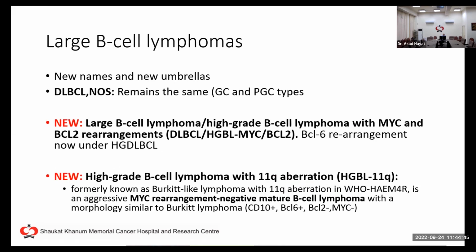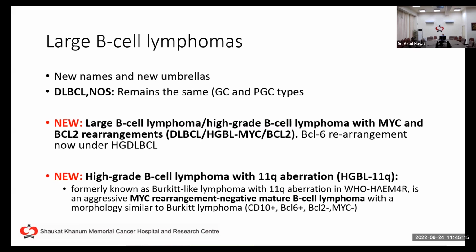In large B-cell lymphomas, again, new entities. So you have your diffuse large B-cell lymphoma, NOS, with germinal center and post-germinal center subtypes. Then the previous entity, whose name has been evolving, of high-grade B-cell lymphoma with MYC and BCL2, the double hit or triple hit type lymphoma, is now put under this entity of high-grade diffuse large B-cell lymphoma. So again, if you don't have